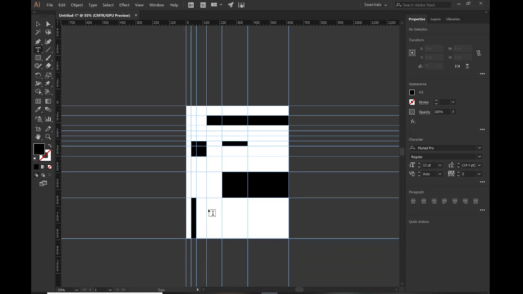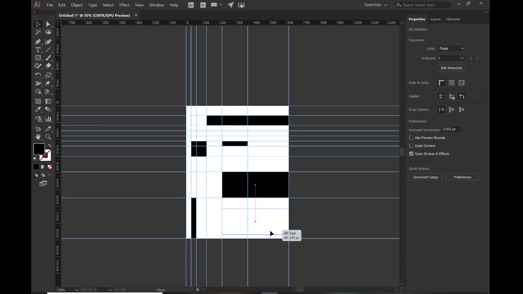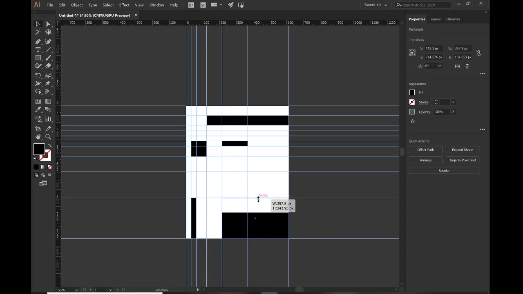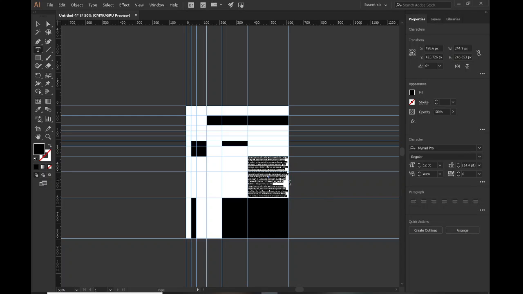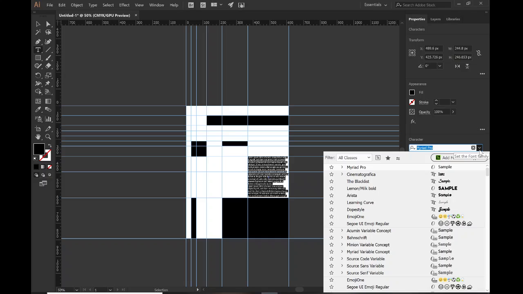What I'll do is down here, maybe I'll just move this. I'll move this down to the bottom. And I'll just size this up to where it's kind of filling the grid there. And I'll take my text box and make a little text box right like that. And what we'll do is make sure it's lined to the left here, and we'll change it to some Swiss style looking